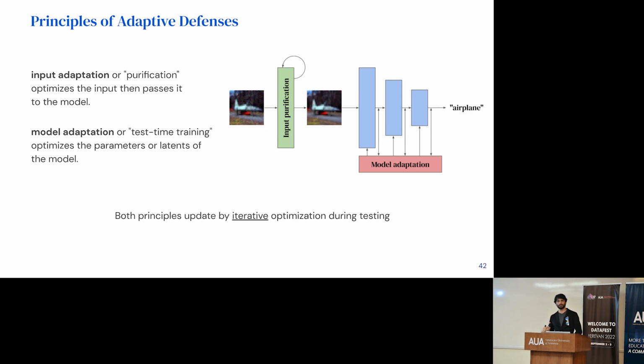We could also look at model adaptation, or this kind of test time training scheme, as Tent did, where we actually update the parameters or the latents, the activations of the model, where both are iterative, right? We're going to take a step, look at the input, update the model or input, take a step again